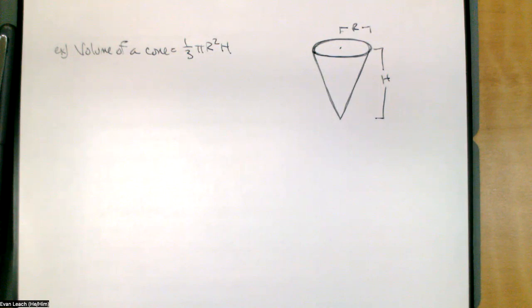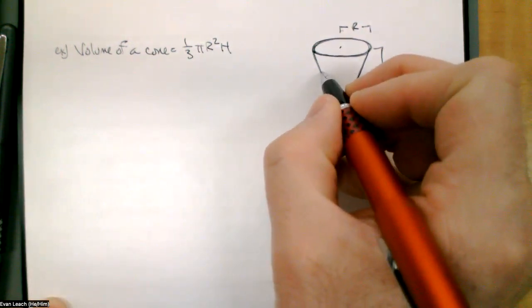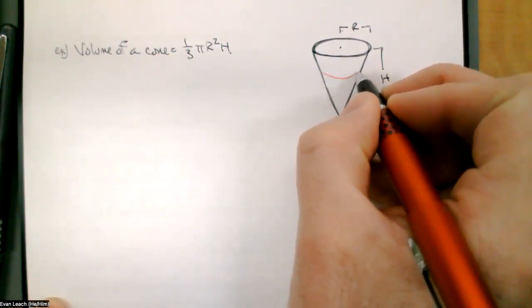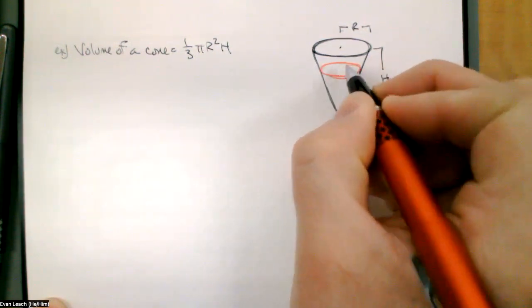The radius starts off at capital R and drops down to 0 by the time we get to the other end of the cone. The only thing we have going for us right now is that the shape is always a circle. So the area of this slice